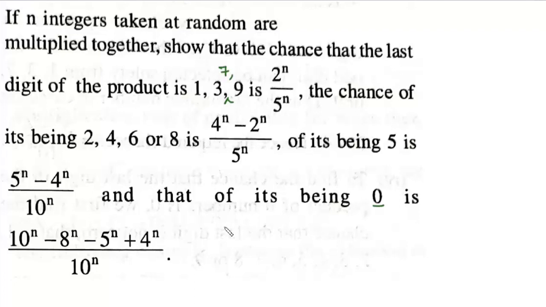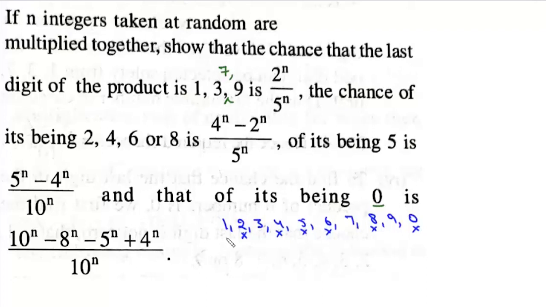Now we know that last digit on any number could be 1, 2, 3, 4, 5, 6, 7, 8, 9 or 0. Now if we multiply any number with 2, 4, 6, 8 and 0, it will be an even number. We do not want that number to be even. And if we multiply it with 5, then it will either end with 0 or with 5. So that means we cannot choose 2, 4, 5, 6, 8 and 0. So the chances that last digit of the product is 1, 3, 7 and 9,